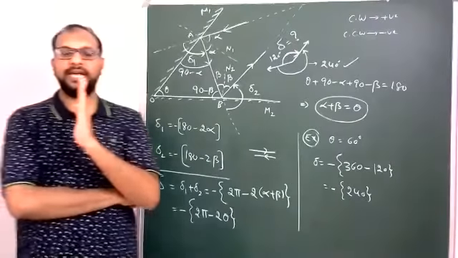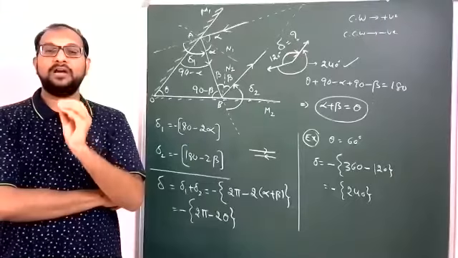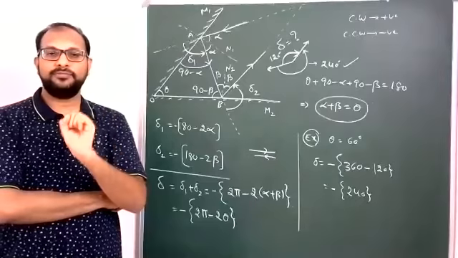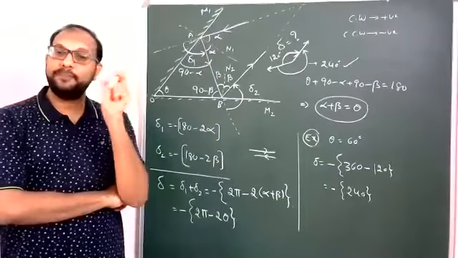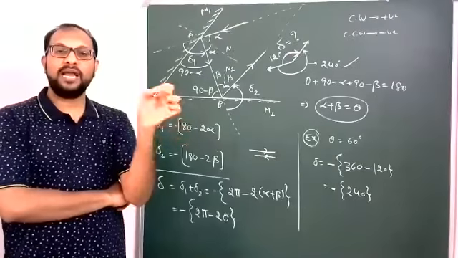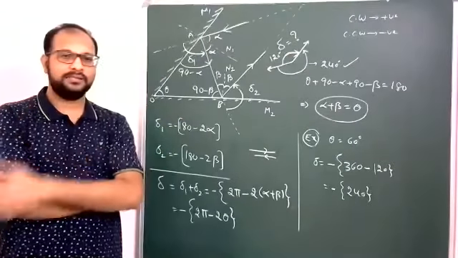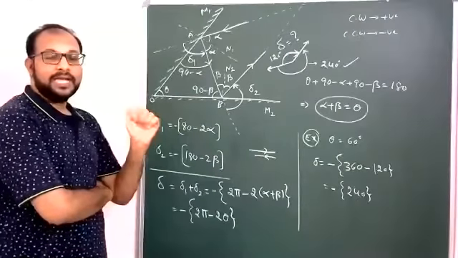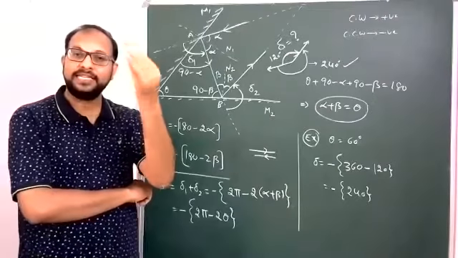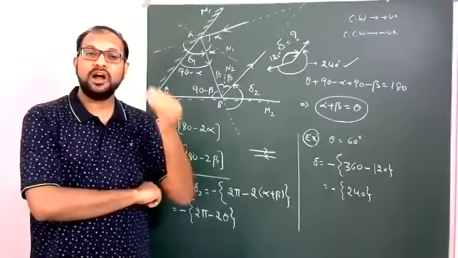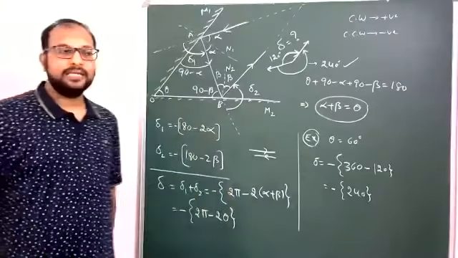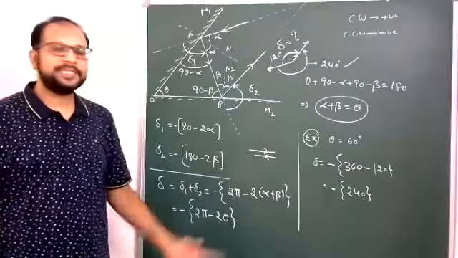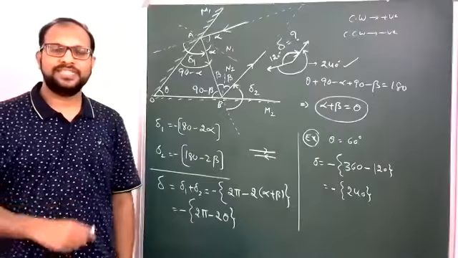Yes, students, today's conclusion. Number 1: angular velocity of the reflected light ray equals 2 times the angular velocity of the mirror minus the angular velocity of the incident light ray. Number 2: angle of deviation is the angle between the final light ray and the initial incident light ray. Yes, students, 2 topics completed today. Now the 6th class is over.